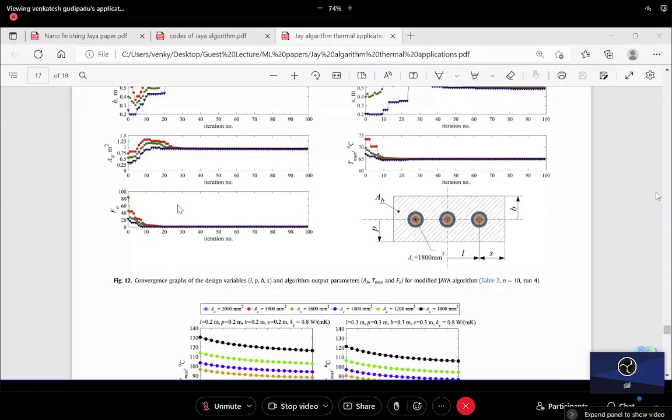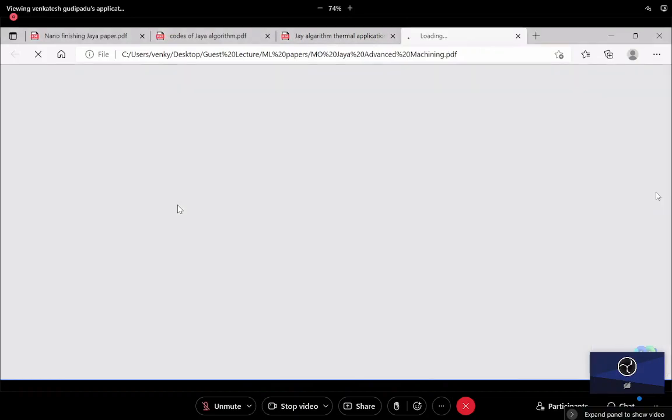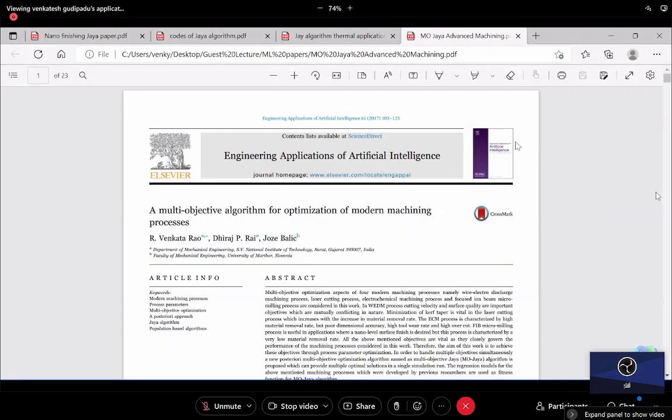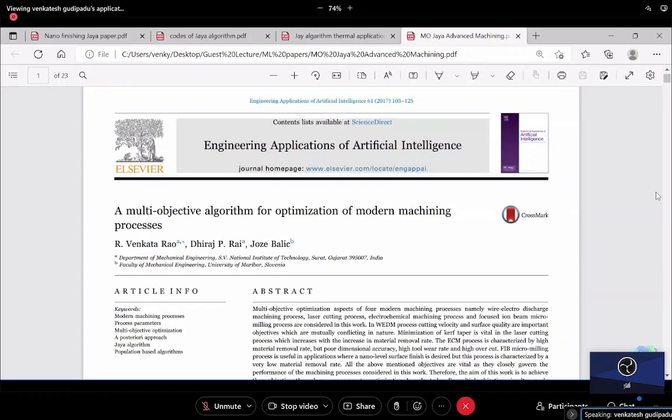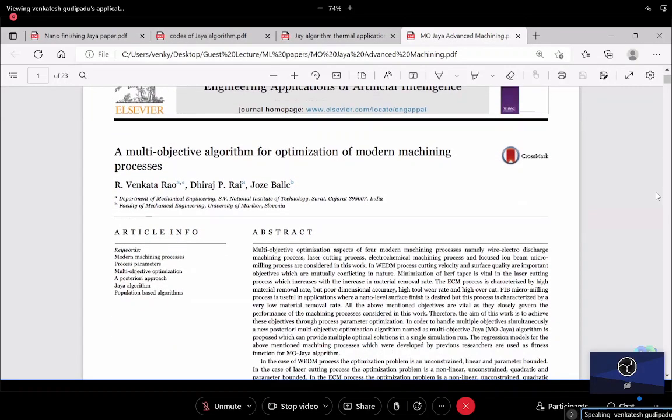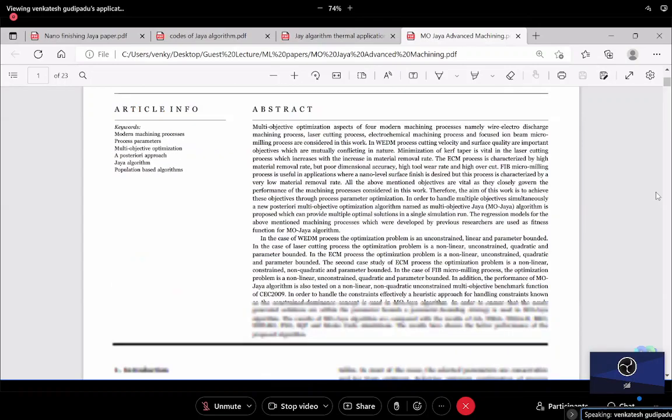So MO Jaya on machining. So multi-objective Jaya and machining related areas. So you can see this particular paper. Yeah. So the journal name is Engineering Applications of Artificial Intelligence, the multi-objective algorithm for optimization of modern machining processes. So in this particular paper,